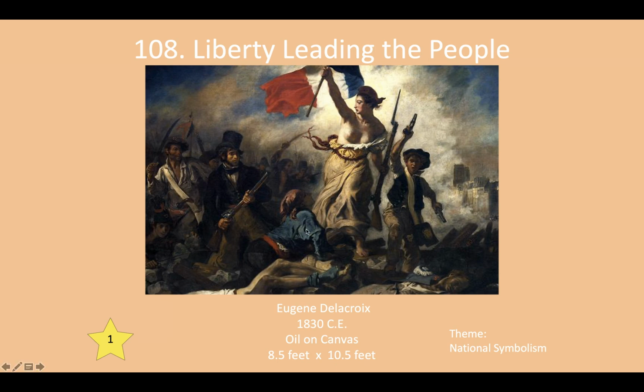We see the bodies of royal troops on the ground here. Here's a piece of the royal troop there, you can see his uniform. It shows that the royal troops are not invincible, right? They can be killed. And we see more men charging. The tricolor flag, the blue, white, and red, is liberty, equality, and fraternity.